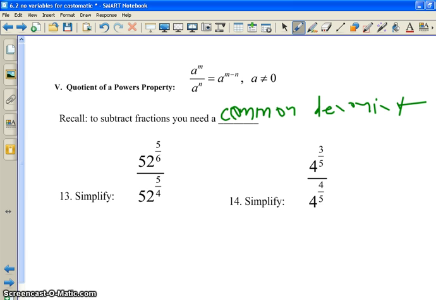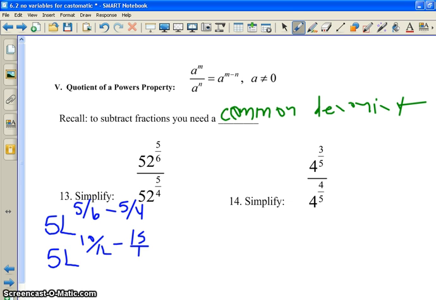So here we have the same bases, so we're going to subtract the exponents. 5 to the 5/6 minus 5/4, getting a common denominator of 12, we're going to have 5 to the 10/12 minus 15/12, which would give us,